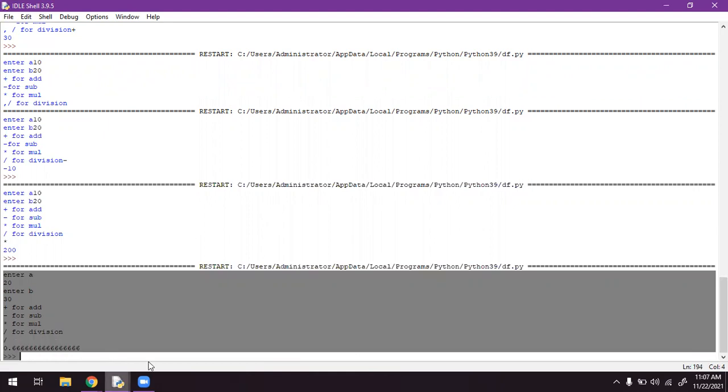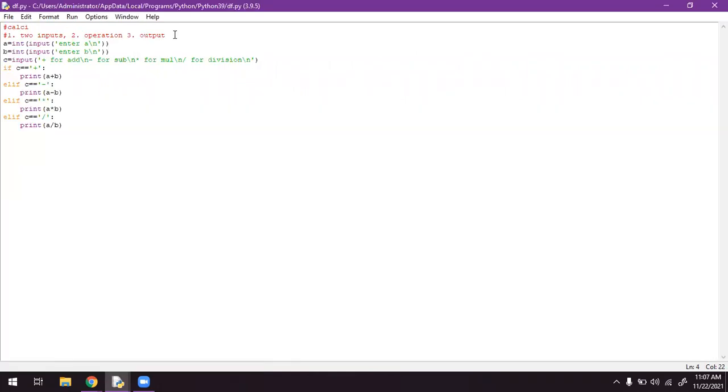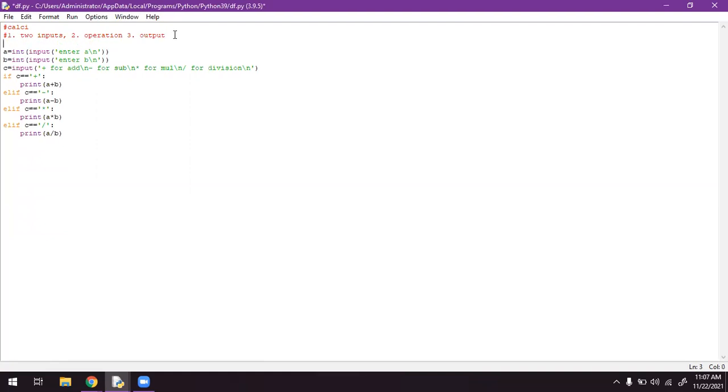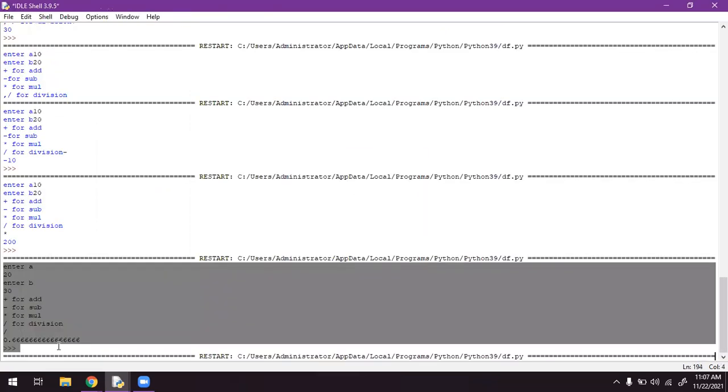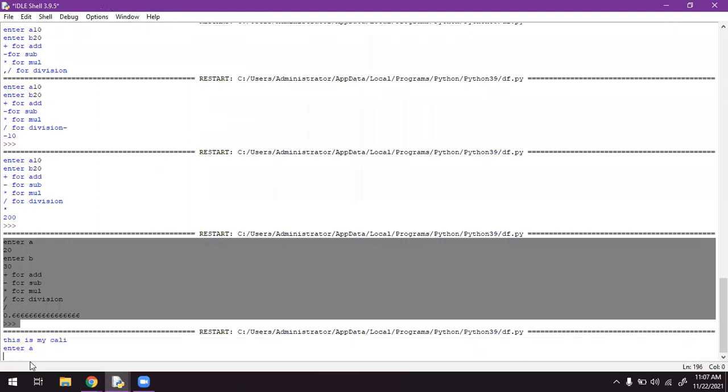If you're still not satisfied, you can write a print statement, this is my calci, like that.